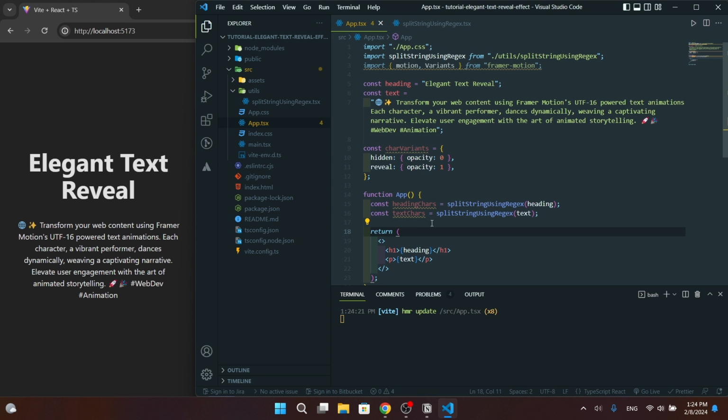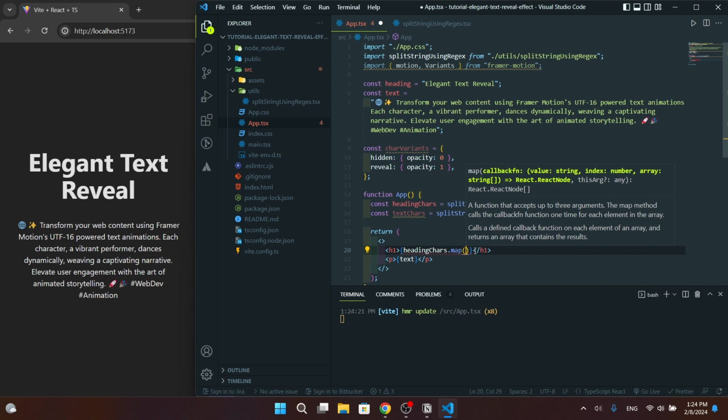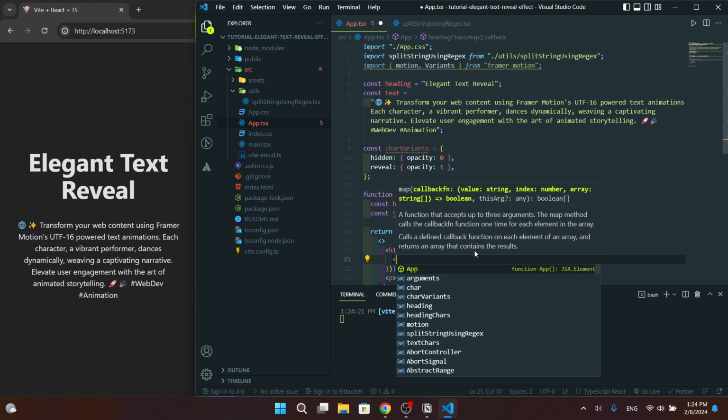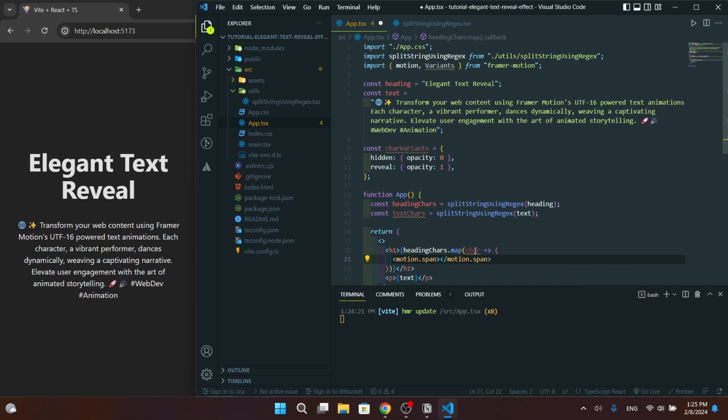Implement animation logic. Inside the app component, map over the characters of the heading and text and wrap each character with the motion span component.